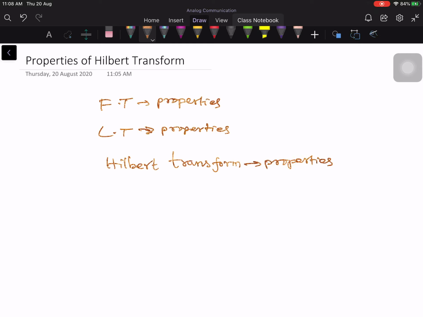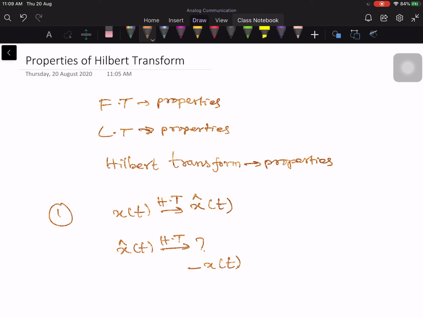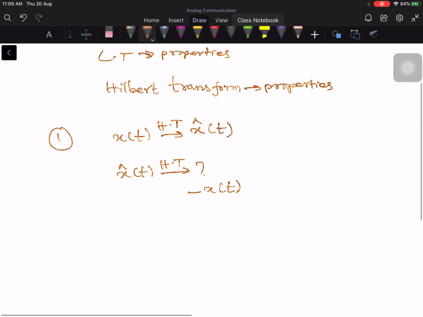These properties are important for us also. So let us discuss some basic interesting properties of Hilbert transform. Now the first property is that we know that x of t, if you take Hilbert transform, I will denote by h of t, then you will get x hat of t. Then take Hilbert transform again, what we will get? We will get minus x of t. Therefore the first property is: Hilbert transform of x of t, take one more time Hilbert transform, you will get minus x of t,